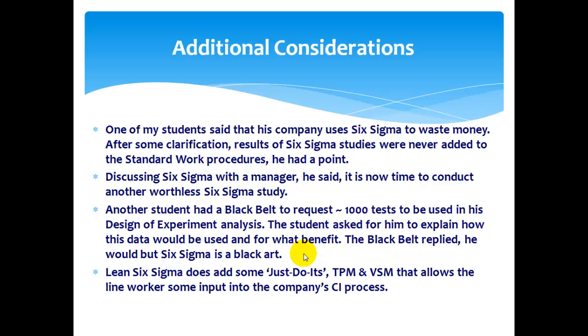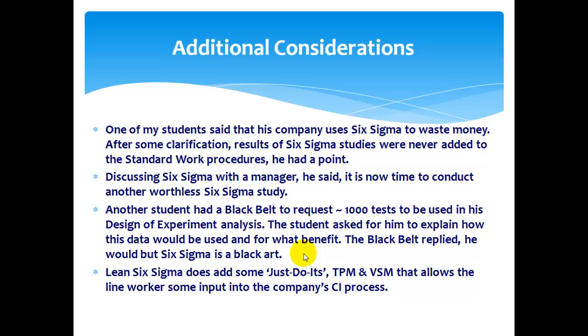In discussing this with various people, one of my students said his company uses Six Sigma to waste money. So wait a minute, that's not what it's for. But after some clarification, it turns out the results of Six Sigma studies were never added to the standard work procedures. He had a point. Discussing Six Sigma with a manager, he said, "Oh gee, now it's time to conduct another